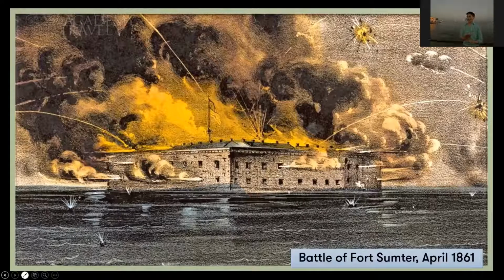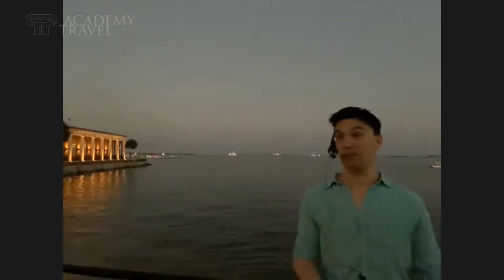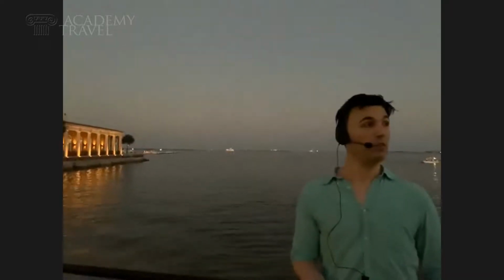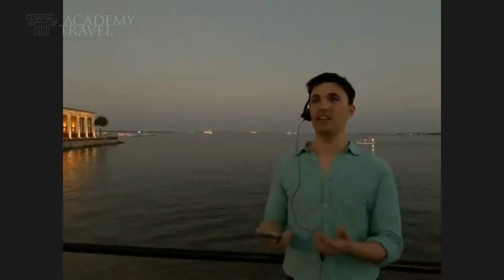The battle only lasts a couple of days. The federal garrison is forced to surrender, and so it's the first victory for the Confederacy and the beginning of the war formally. And so, for all sorts of reasons, Charleston really is the focal point, the center of the early Civil War. Obviously, its destruction at the end of it, and in a lot of ways, because Charleston is so devastated by the war and its economy takes so long to recover after the war, it really loses its status as the premier southern city to other cities that arise and rebuild after the war.